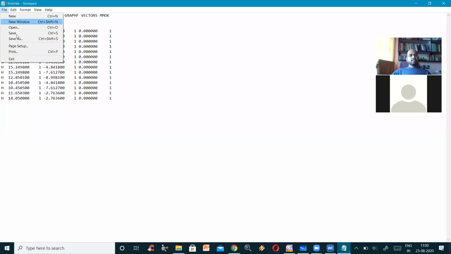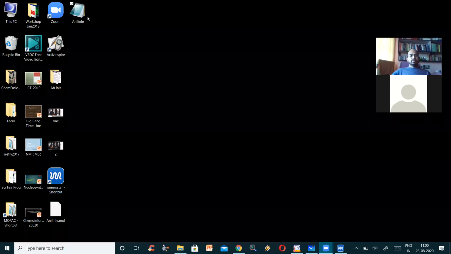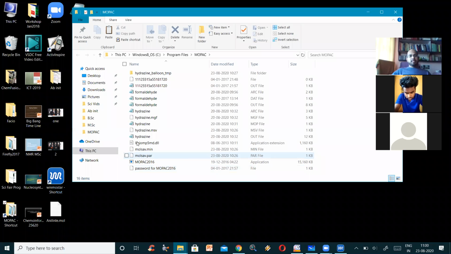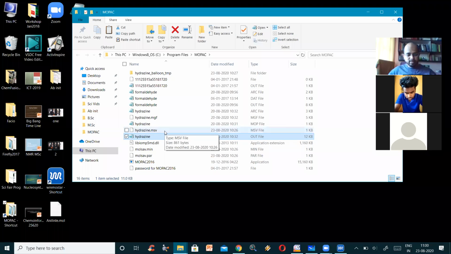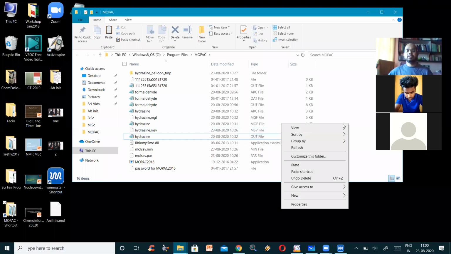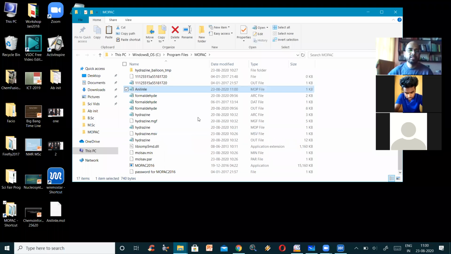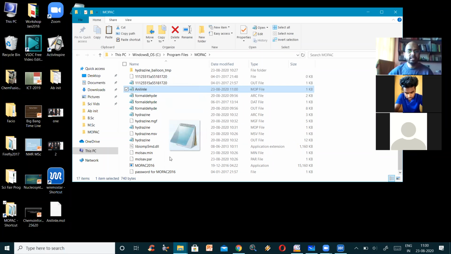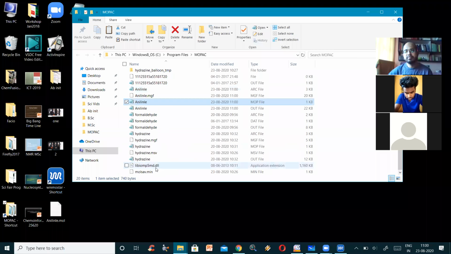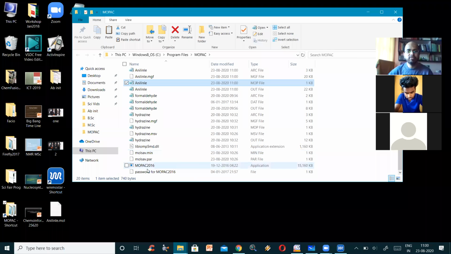So this I'll again save, close it, copy it, and where is the MOPAC folder? The MOPAC folder is there. Yeah, and last time we have run this hydrazine. Okay, so hydrazine I am removing, and I will put there this aniline. Now aniline I have to run for semi-empirical calculation. I just take it and drag and drop it into the MOPAC folder. So it is now running. It has run and the calculations are finished.